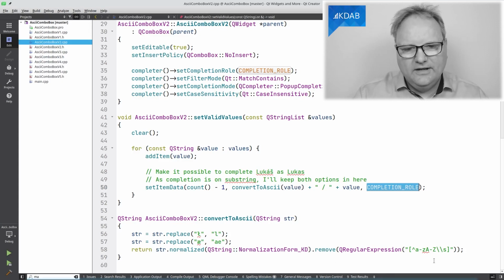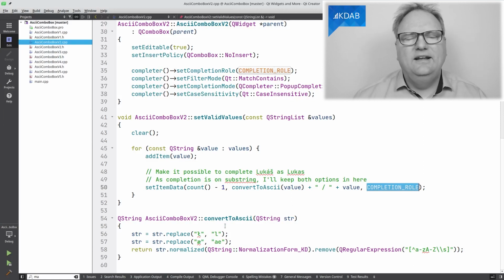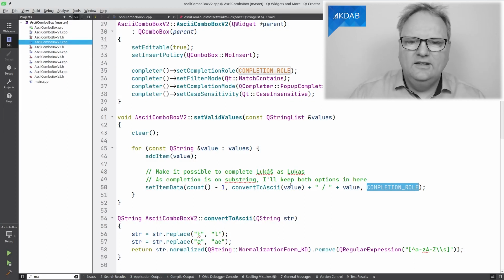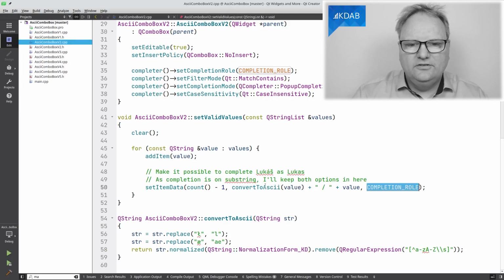And what I get out of the convert to ASCII method here is a relatively simple string without those special characters. And you can see that the convert to ASCII, that is Kjær with KJAER spelled like that, plus a slash and then the regular one.